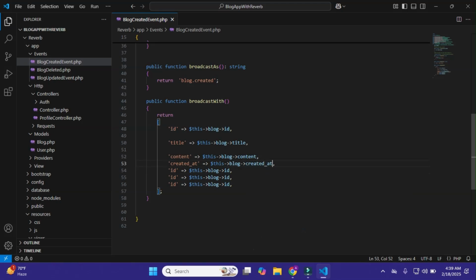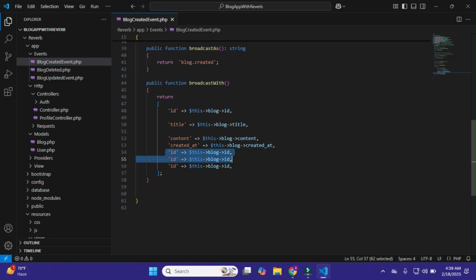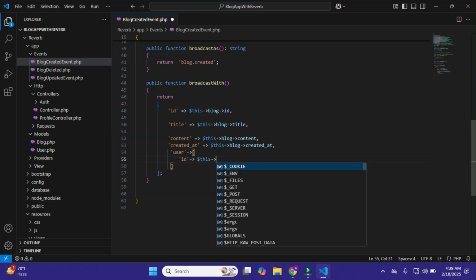We need this, and after it we also need the user data of who created the blog. So I'll pass a user, and within this user I'll make id. Here we also define the function between the user and blog, so I'll make it blog user id.